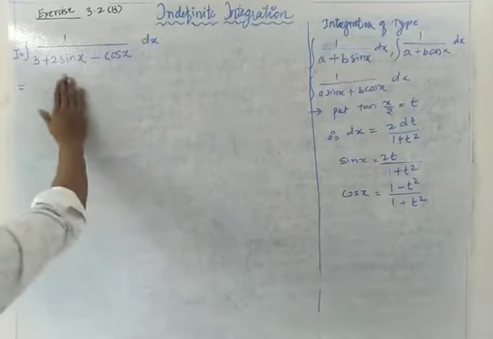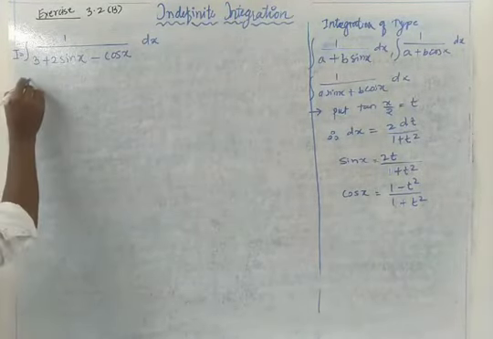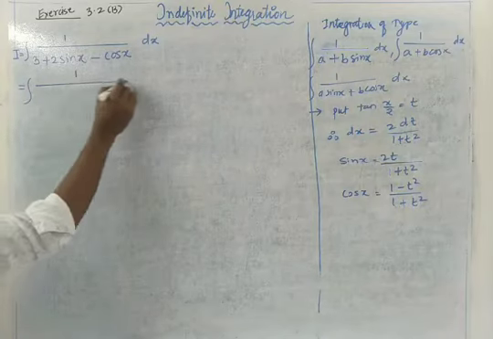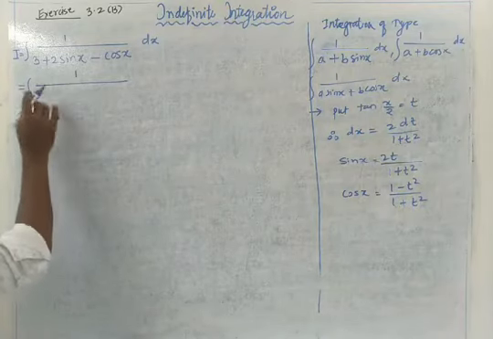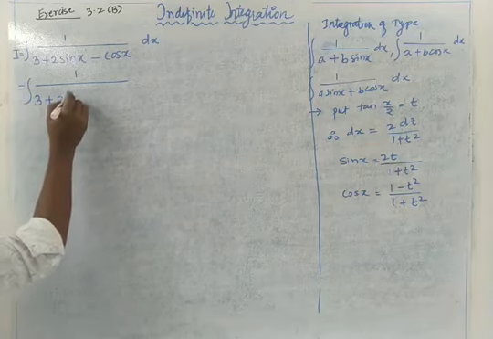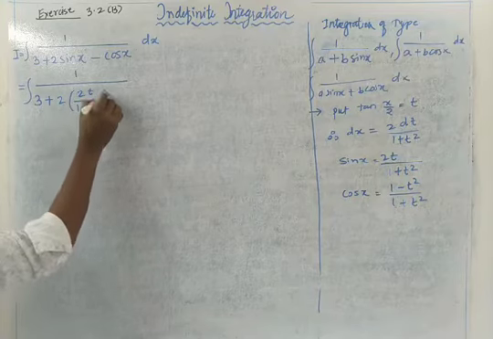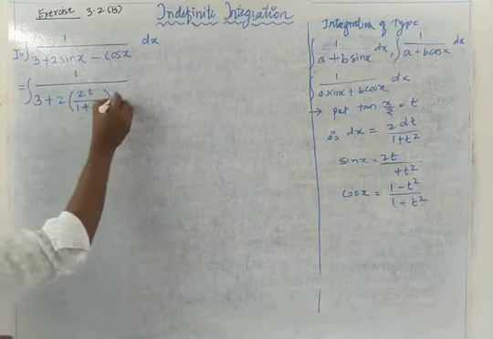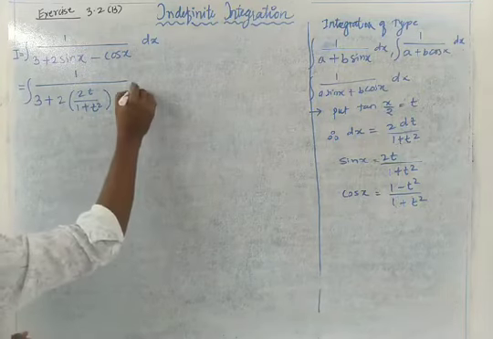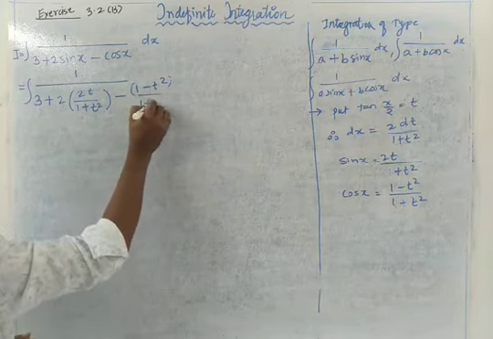Now after the explanation we have to start with substituting the values. So now in the integration of 1 upon, see, you have to understand properly how we are going to simplify such questions. So 3 plus 2 sin x, what is the value of sin x? 2t upon 1 plus t square. Okay, minus the value of cos x, 1 minus t square upon 1 plus t square.